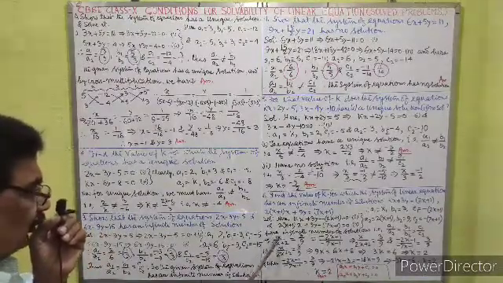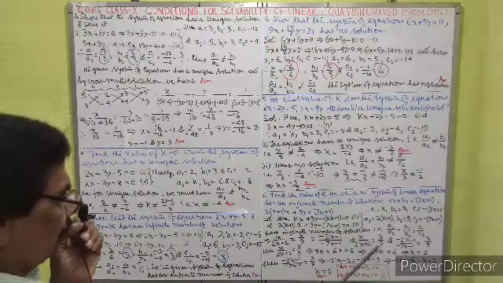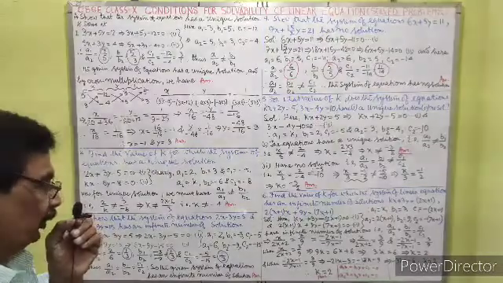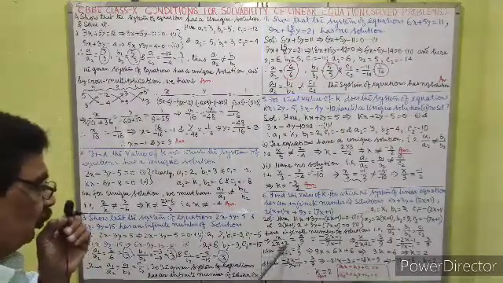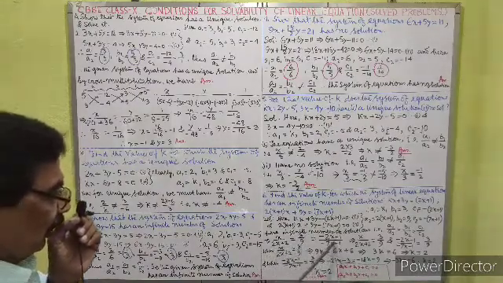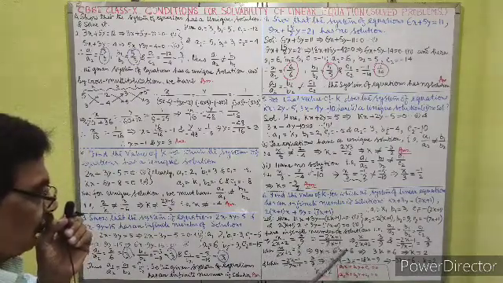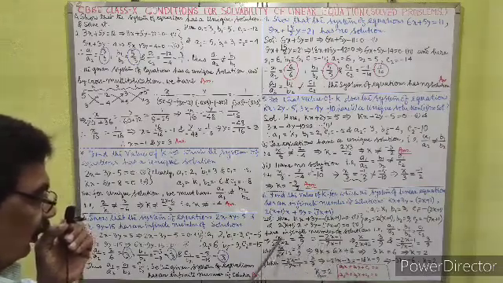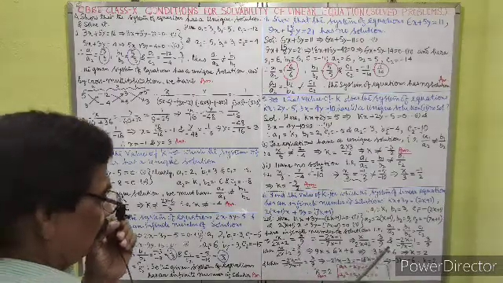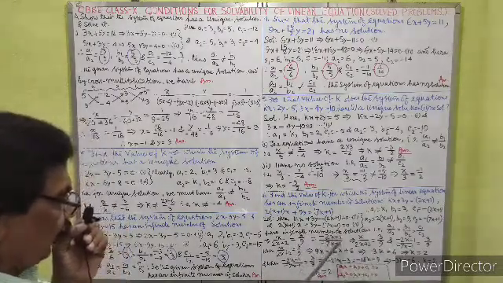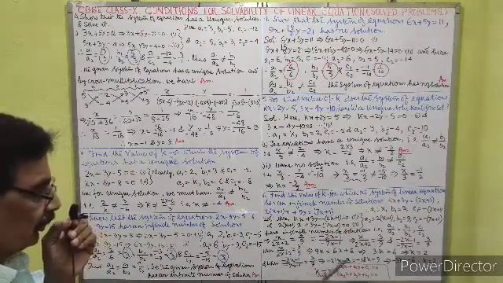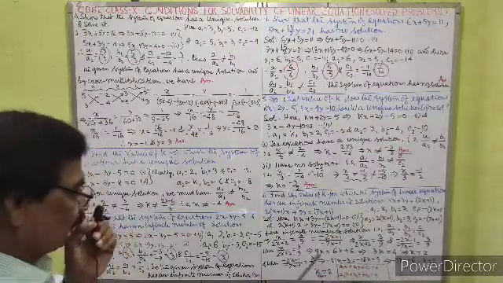Since the equations have an infinite number of solutions, you have to fulfill the relation a1/a2 = b1/b2 = c1/c2. Just see, b1/b2 = 3/9, and this is c1/c2. So from this, k/(2k + 2) = 3/9 and (2k + 1)/(7k + 1) is also equal to 3/9. Both the equations, this equation and this equation, are solved and